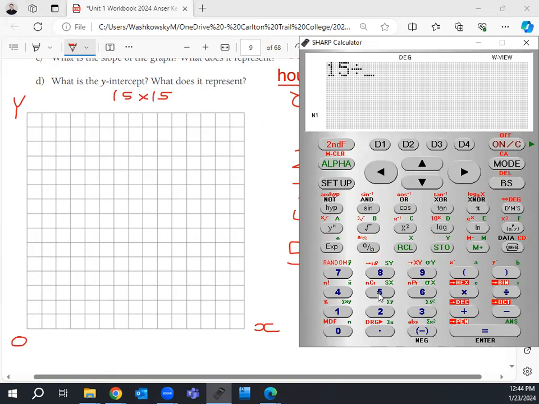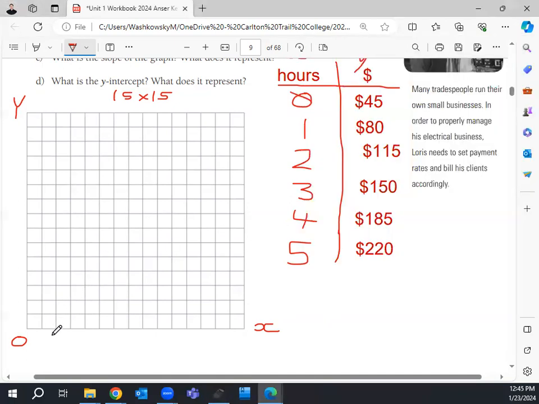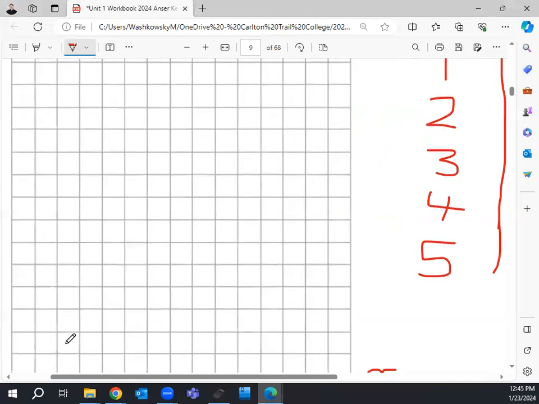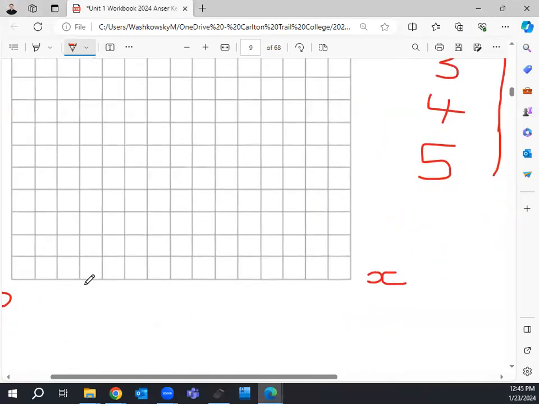I want to fit a nice, easy number. So I take the amount of lines I have, figure out the amount of data points I have to put in. I can go every 3 lines can be 1 hour. You could do 2 as well, but you want to try and use up most of your graph. So 1, 2, 3, that's going to be 1. So all I'm doing is I'm just going in here and I am 2, 3,